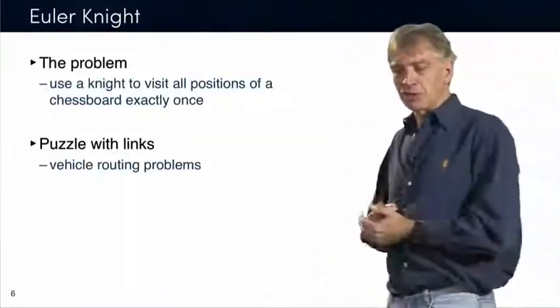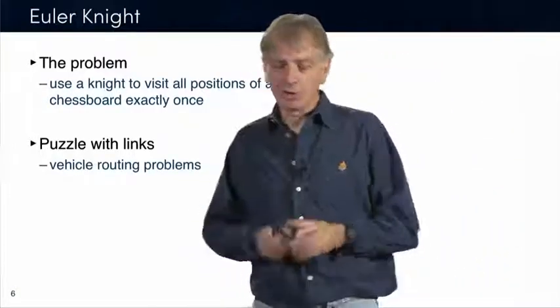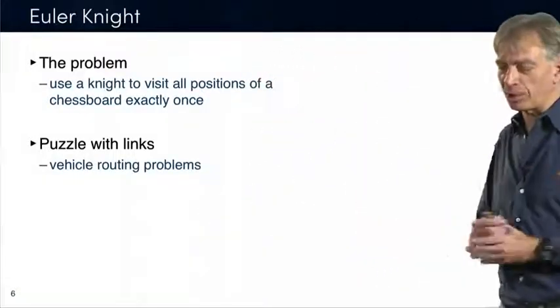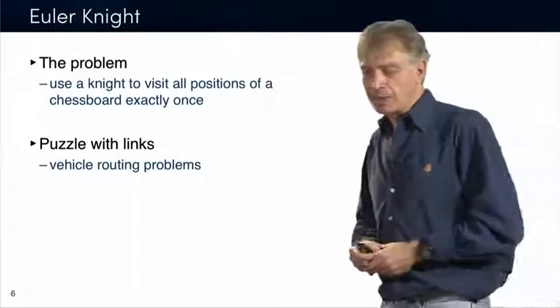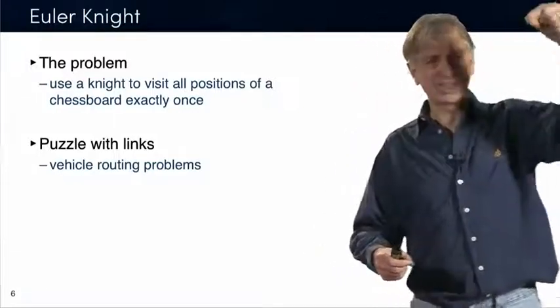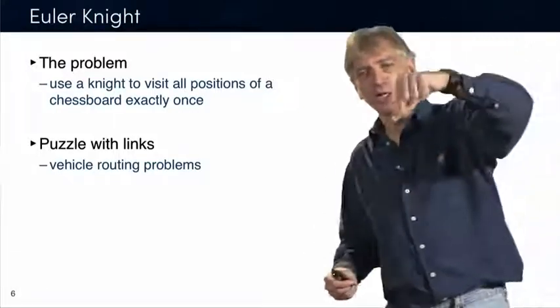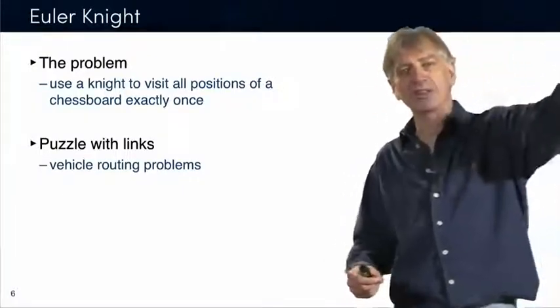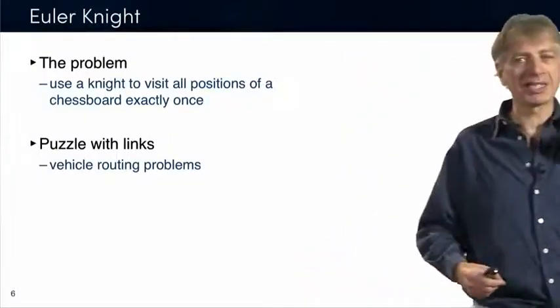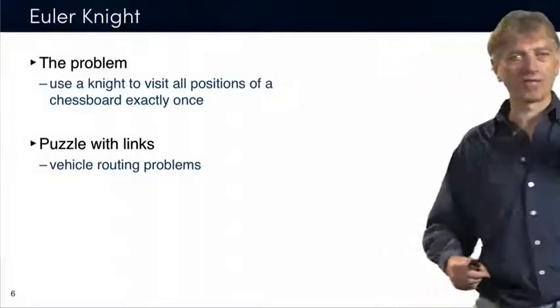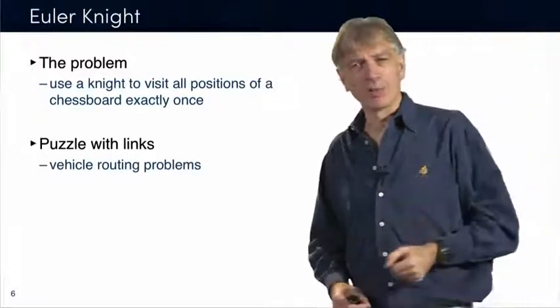I want to illustrate the first-fail principle on a very interesting example. It's a puzzle called the Euler Knight problem. It's basically having a knight in chess and making sure that you visit all the places on the chessboard, and visit them exactly once, following the rules of chess. Now, it's pretty tough to do that manually.